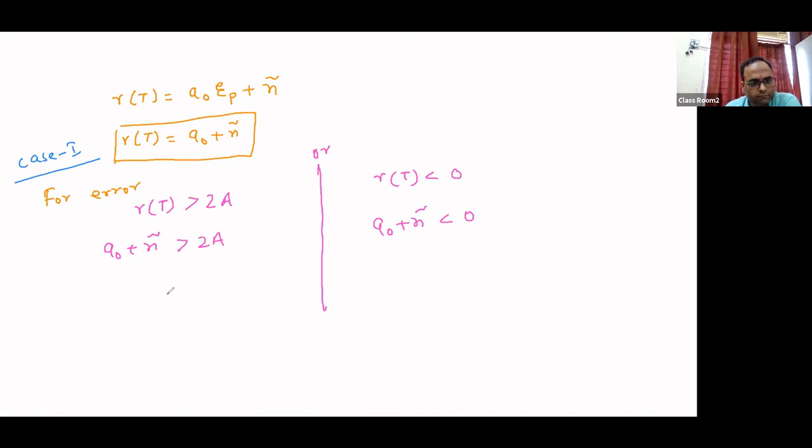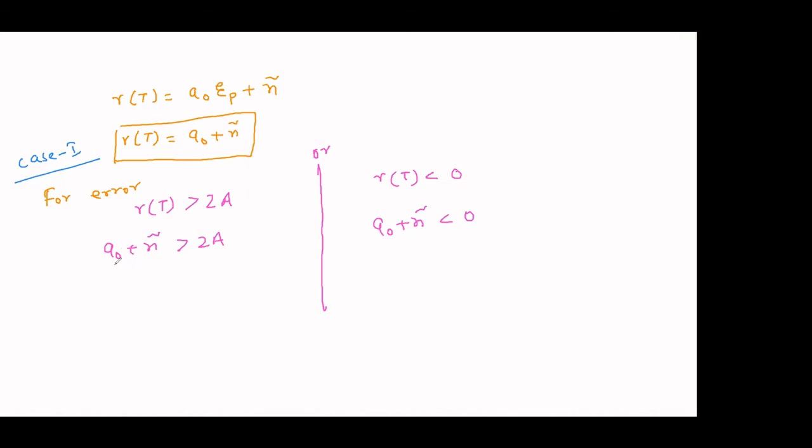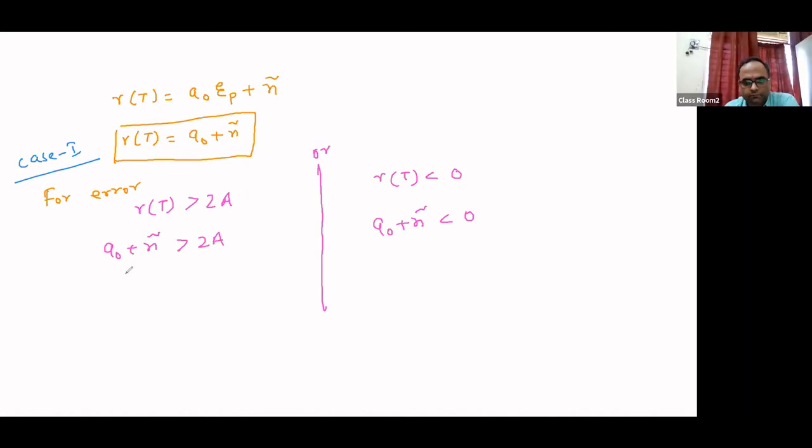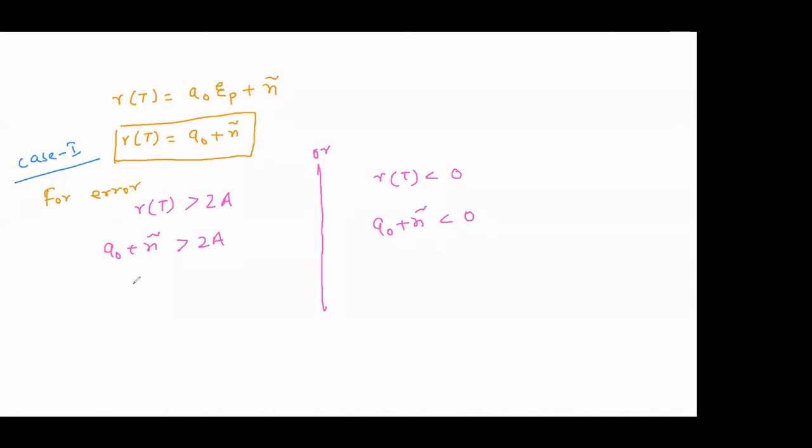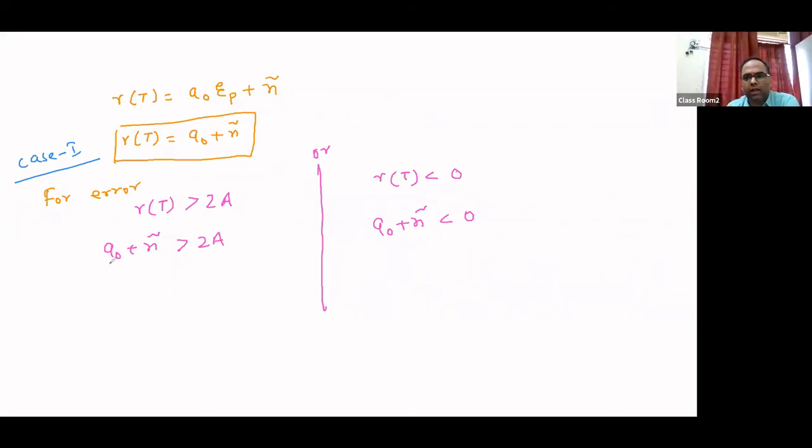Yes, sir, what question did you ask? I asked, what will be the value of A naught? The value of A naught will be A, 3A, 5A. A naught is the amplitude of the pulse, and what amplitudes can the pulse have? Either A, or 3A, or 5A, and so on up to M levels, right? So we are doing this calculation for A naught, for capital A. That's why the value of A naught will be A.